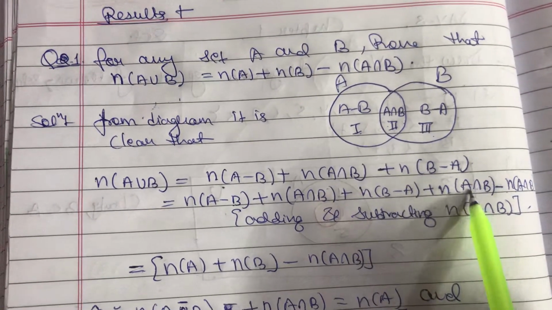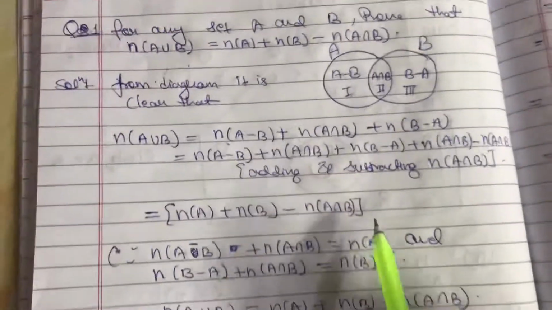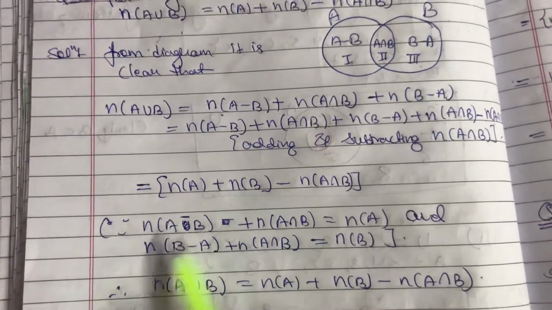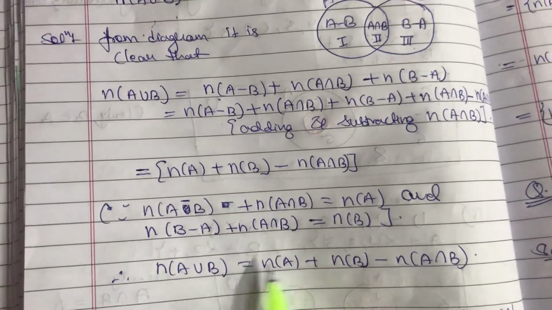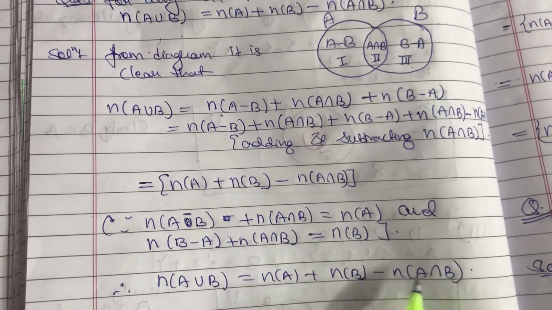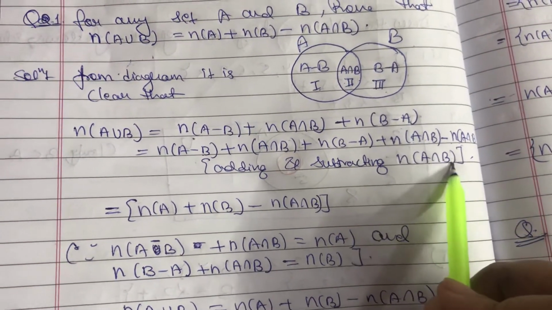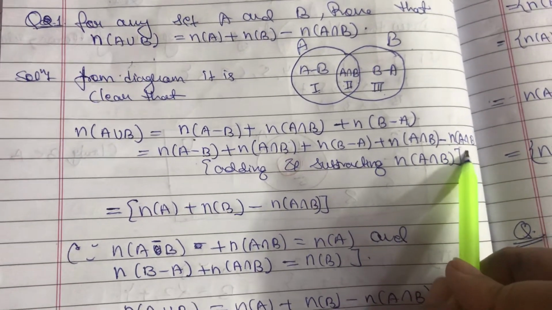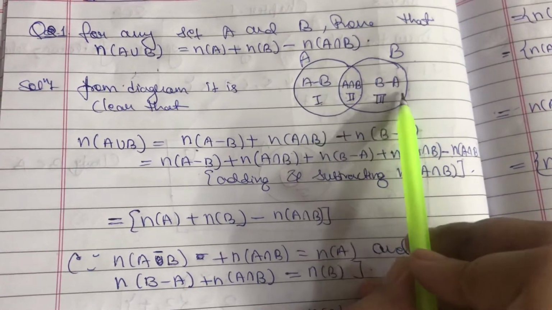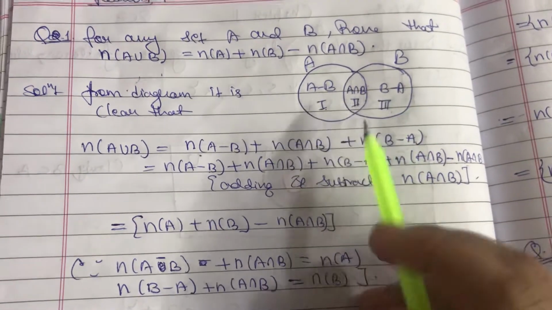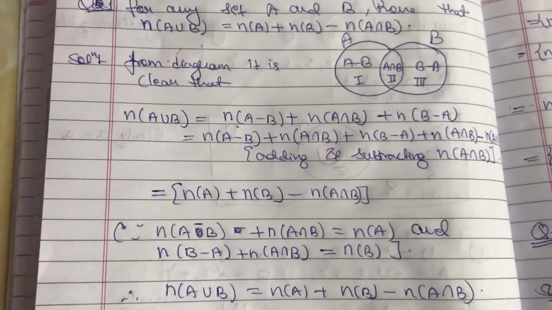This is my 3, this is my 2. So 3 plus 2 is how much? n(B), and minus this. So from here I can prove that n(A union B) is n(A) plus n(B) minus n(A intersection B). See, what I have done here is that I have just added an extra term, which is n(A intersection B), and I have subtracted the same term. Why am I doing that? Because if I add this, then portion number 1 plus 2 is set A and portion number 3 plus 2 is set B. So I need to write it in that form. I have done that, and I get the answer in this form.